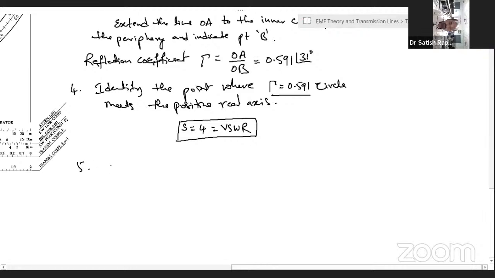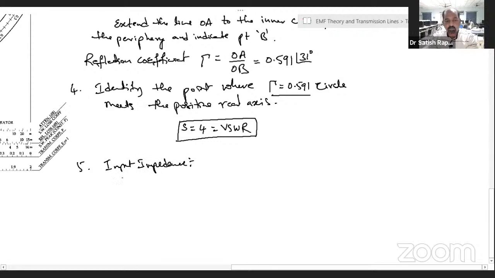Next up, fifth point. Let us try to determine the input impedance. In the previous problem also I determined input impedance. So what is the procedure? Move point B. The length of the transmission line is 0.4 lambda. This data was given. So therefore, move point B